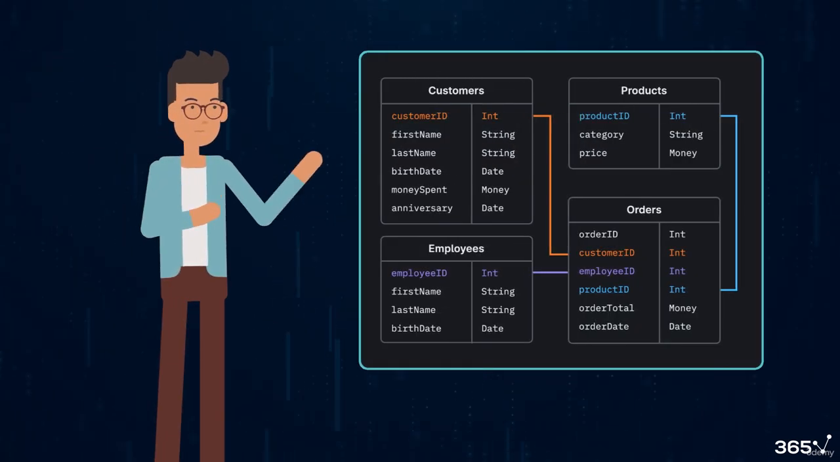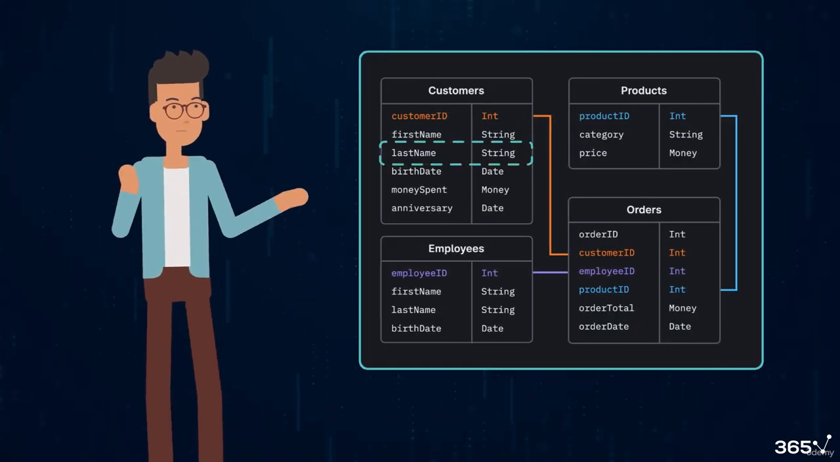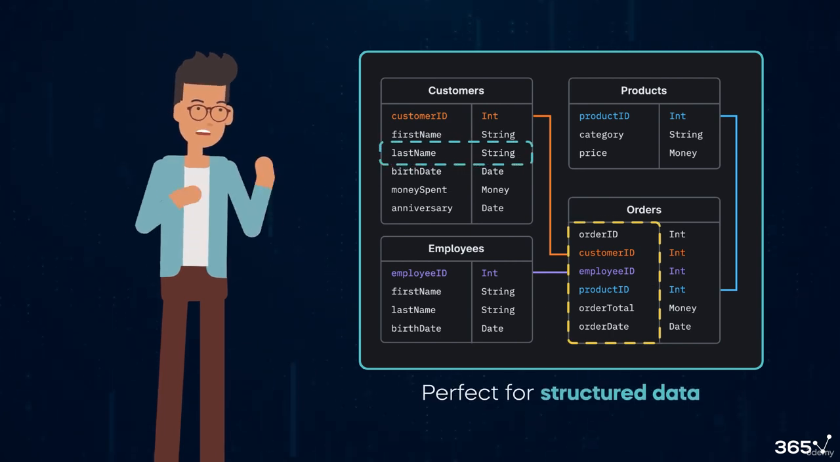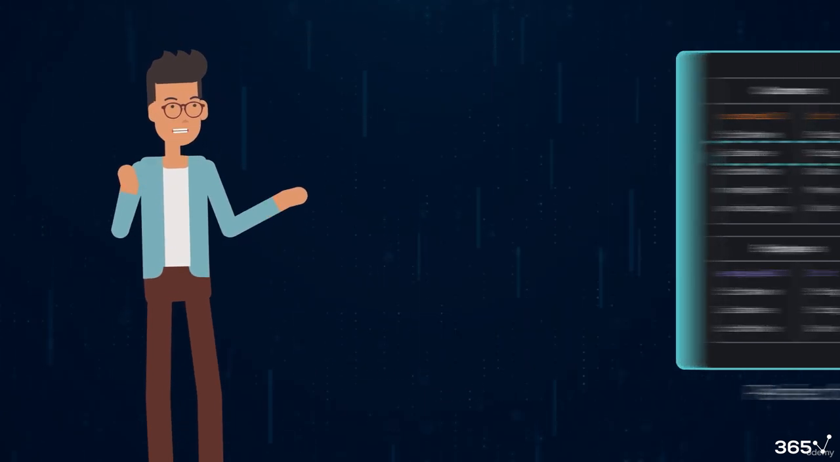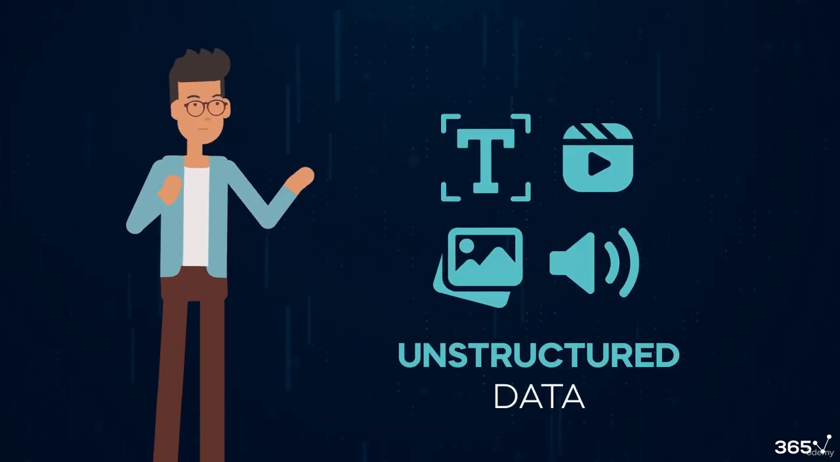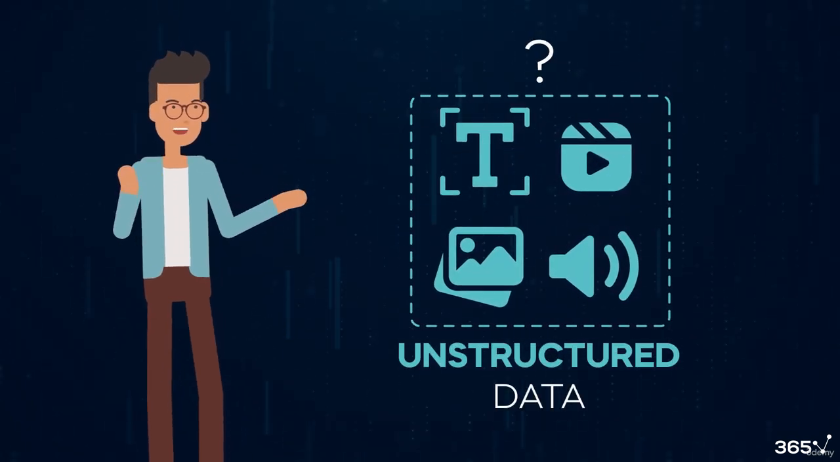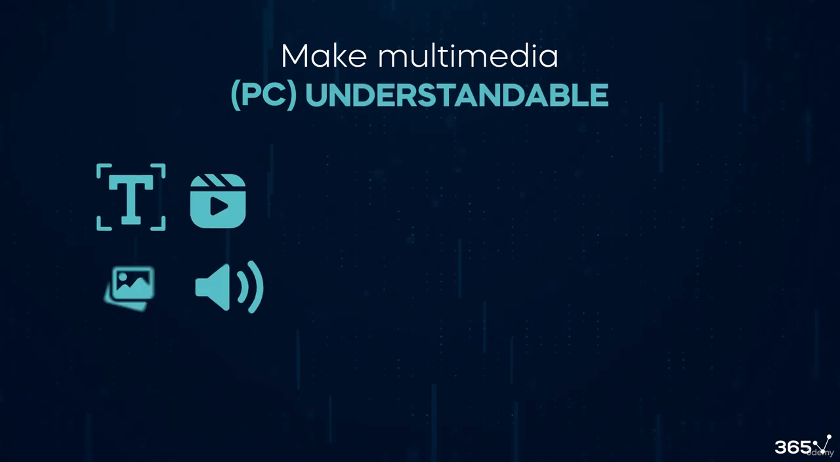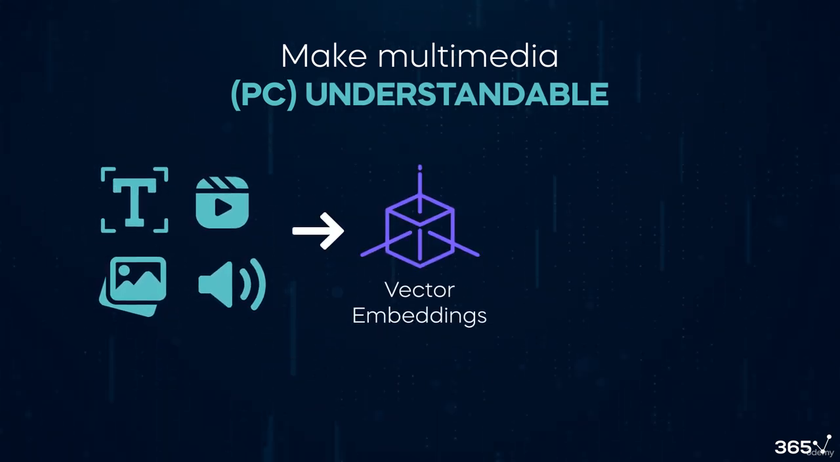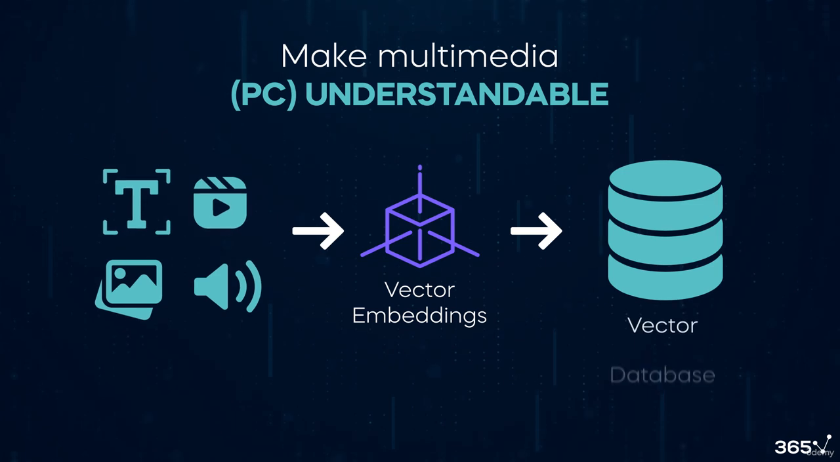Relational databases organize information in rows and columns. This makes them perfect for structured data. But they're not optimal when we have to deal with unstructured data such as text, images, video, and audio. To convert multimedia into a format that computers can understand, we use vector embeddings, which are then stored and organized